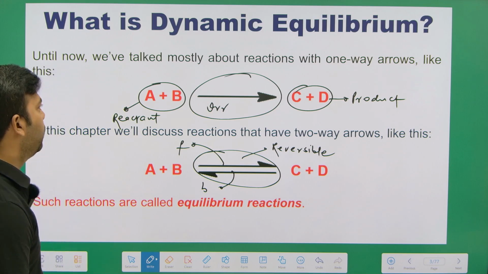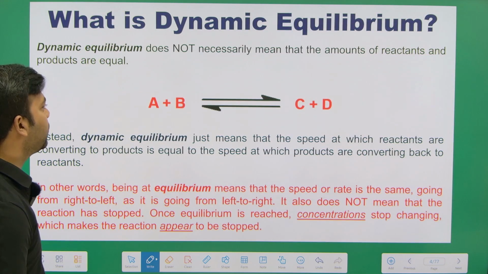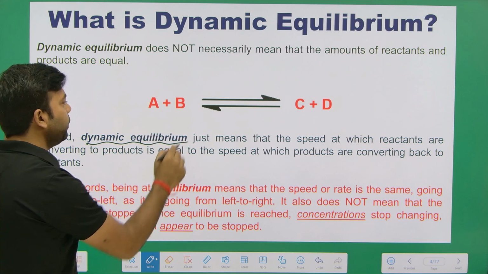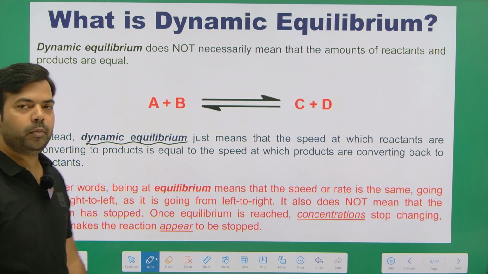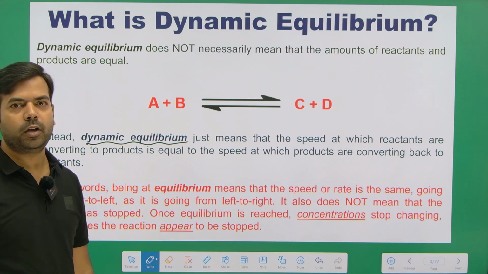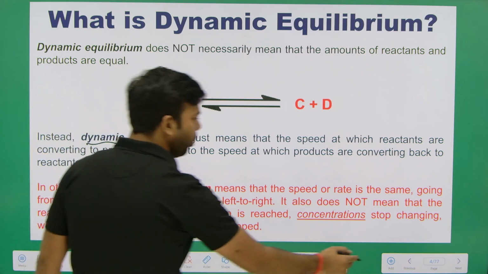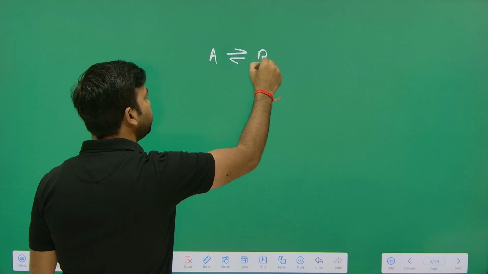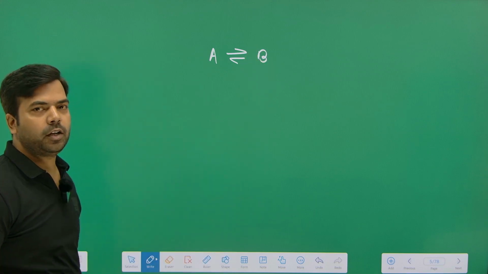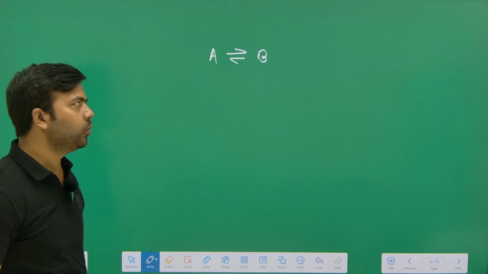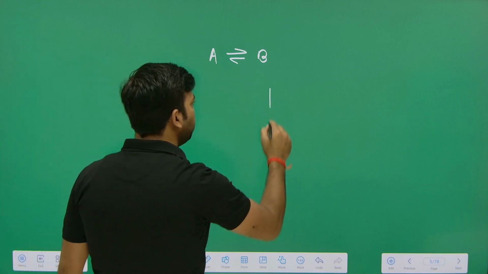Clear? Now the next is, what is the concept of equilibrium? What is basically equilibrium? So here we can say, in equilibrium, it means the rate of change is constant. Okay, means if I am going to talk with the graph, look at here. Suppose we have a reaction which is A to B. We all know during the starting of the reaction A has some mole because it is reactant and B is always 0. Clear? So this is the graph